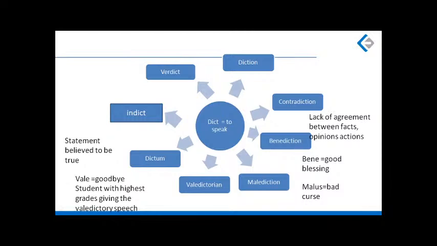Capable to incapable makes it not capable. Correct to incorrect makes it non-correct. Indict is the pronunciation. Indictment, indict means to blame someone, to accuse someone, to speak about someone in a way